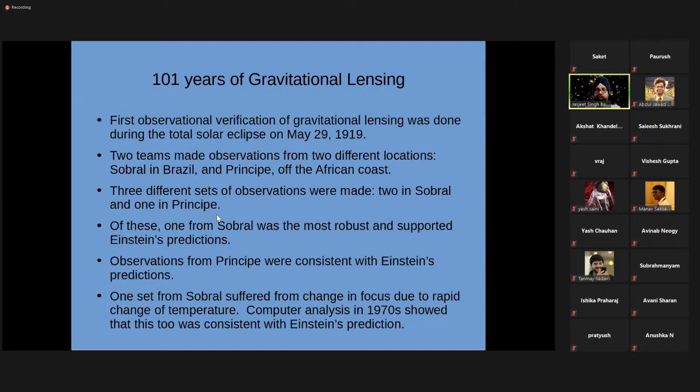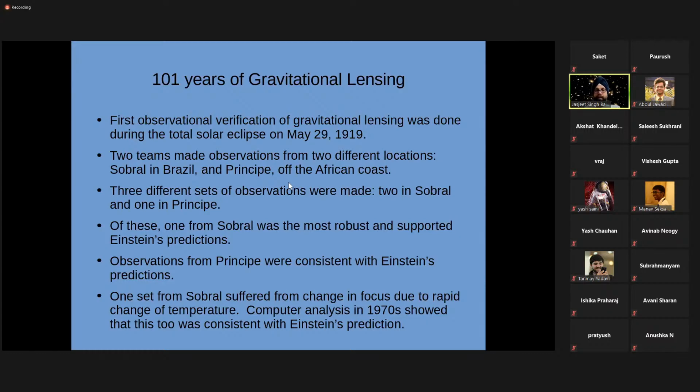Now, Eddington was one of few astronomers who had the mathematical training to be able to learn and reproduce calculations in general theory of relativity. And at the same time, he had the training of an observer who could make extremely fine measurements. He had, in fact, been involved along with Dyson, who was the Royal Astronomer in England at that time, in making observations of distances to stars by observing parallax. And Dyson had devised a method for making these measurements, which Eddington had refined further, and both of them were quite good at using this.